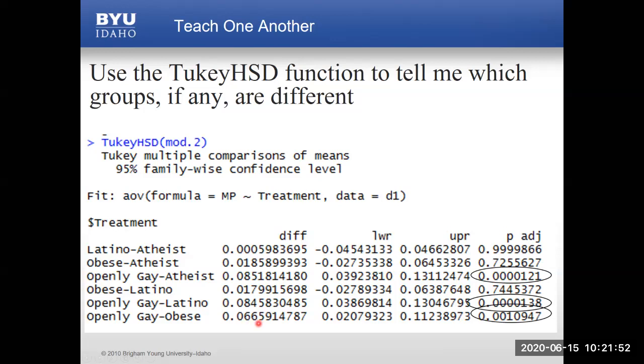Although there's something about obese, right there. The difference is not as big here as with these other ones, but still, obese compared to Latino, obese compared to atheist, they're statistically the same, right? So for some reason, people are much more excited about helping their openly gay friends mail a package. So think about why that might be. I mean, I don't know because there's no way to test it, but my hypothesis of why that is